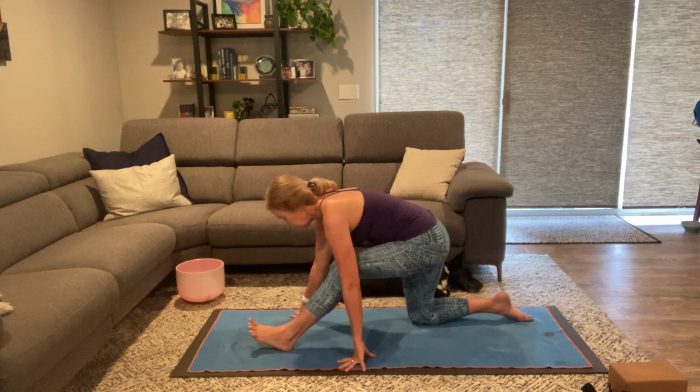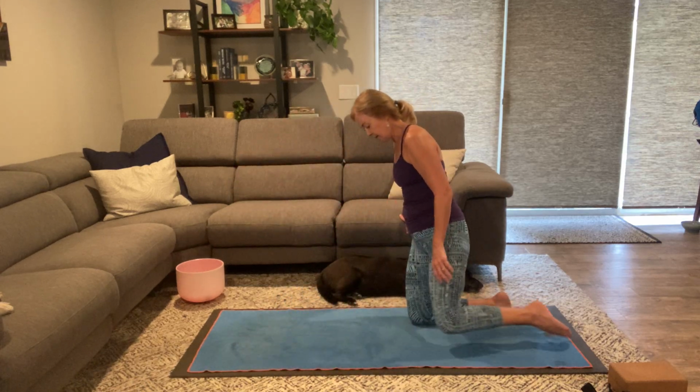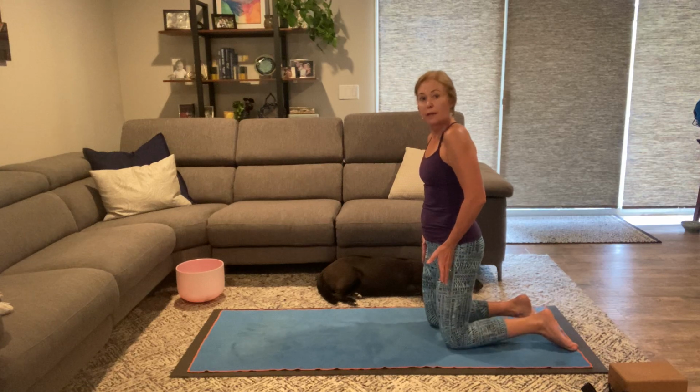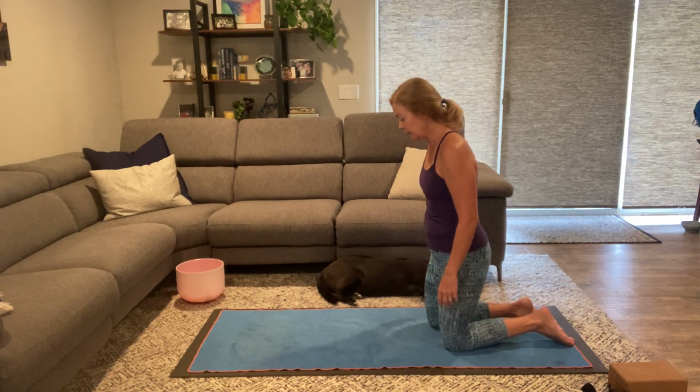All right, start to put bend in that knee. Go ahead and step on back. The knees are still hip distance apart. We're going to do a little bit of movement, try and open up the shoulders a little bit to get